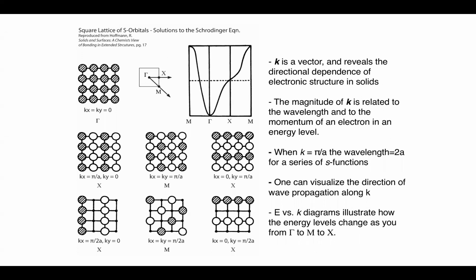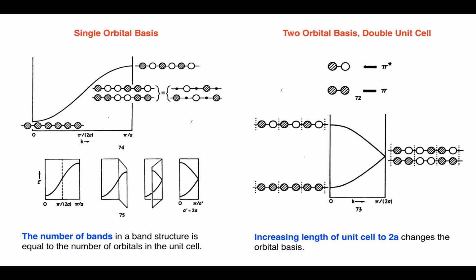So in any case, I've been hammering this in. It's a lot to take in, but k is a vector. It tells you about the direction in the solid. It's a statement about the momentum and the wavelength. Notice how the wavelength here for this pi over 2a function is different than that one. And you can analyze how energy changes with direction. Okay, so